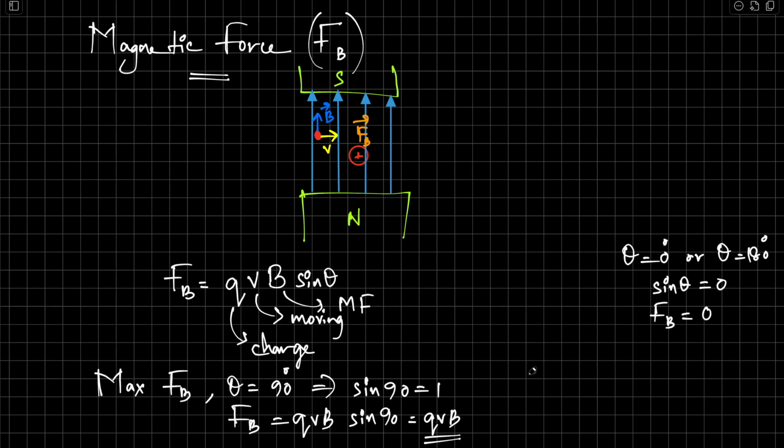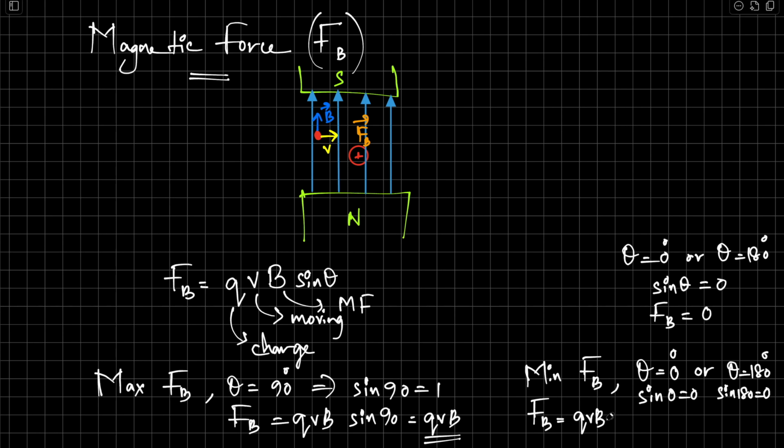Now, minimum magnetic force is when theta equals 0 degrees or theta equals 180 degrees. In both these cases, sine theta would be 0. Sine 0 equals 0. Sine 180 is also equal to 0. FB equals QVB times 0 is 0. No magnetic force. If there is magnetic field in this direction from left to right,